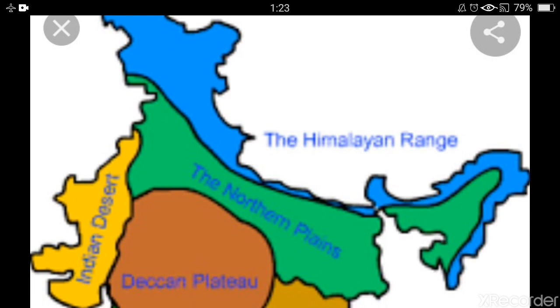You will notice that the width is also not the same. In Jammu Kashmir, the width is more, whereas as we move towards Arunachal Pradesh, the width started decreasing. The width of the mountain range is 400 kilometers in Jammu and Kashmir, and it decreases to 150 kilometers in Arunachal Pradesh. So, in this chapter, we would be learning the physical features of our country.